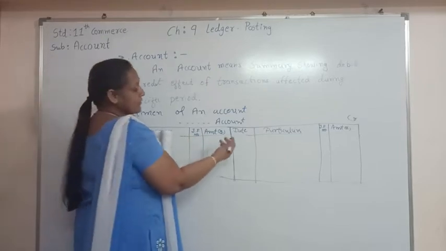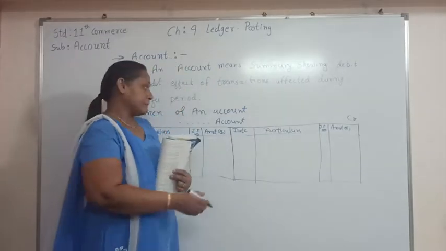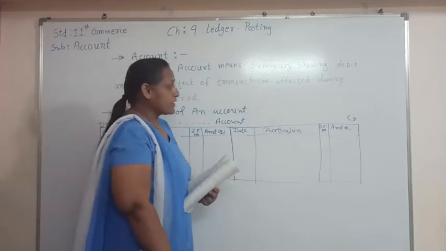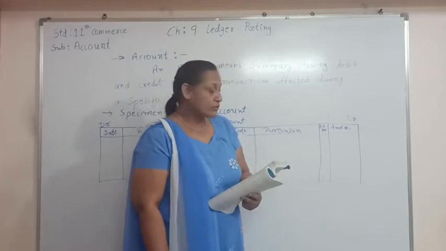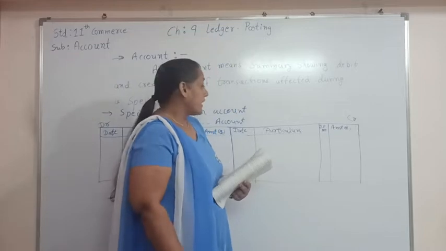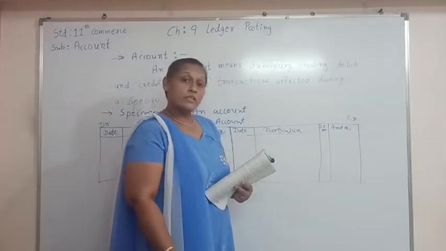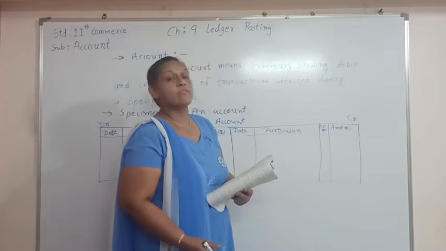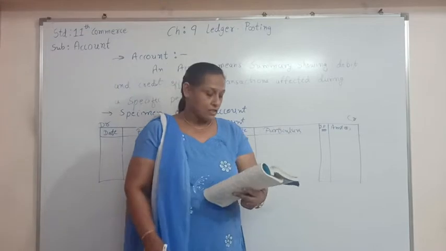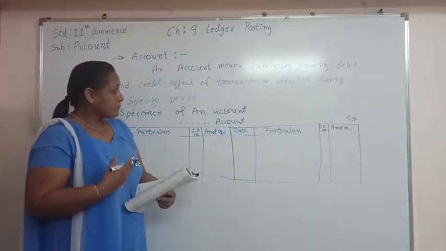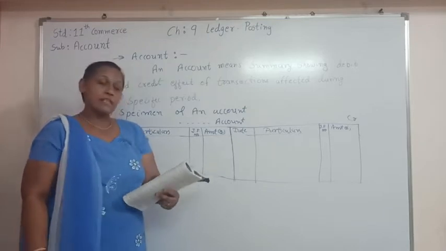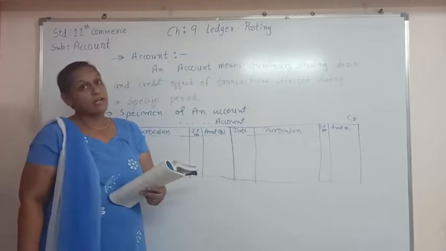The same columns we are going to follow on the credit side. Date is the date on which the transaction has been done, and in the column of particular we are going to write the account that we have credited, and in journal folio number we are going to write down the journal folio on which the transaction has been written in the journal, and the amount of the transaction. So this is how we are going to prepare account in our ledger. And students, after this, we are going to see utility or advantage of ledger.